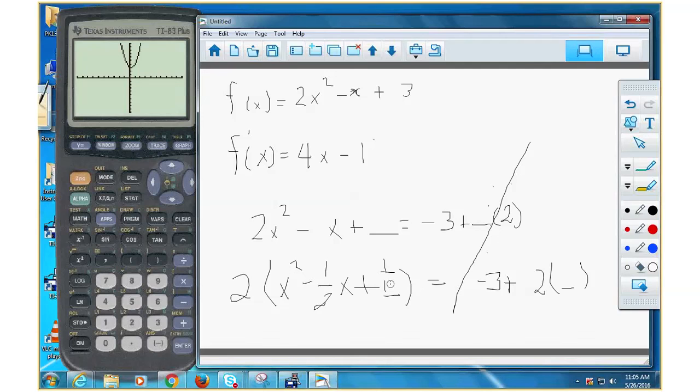Why are you multiplying by 2? Because I factored it out right here. Whatever you factor out, you multiply by this blank. 1/16. And that's going to give you 2 times (x minus 1/4)